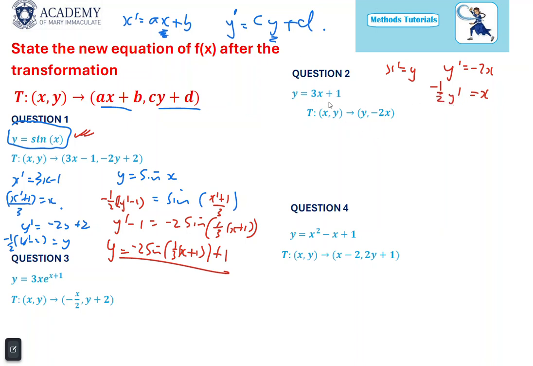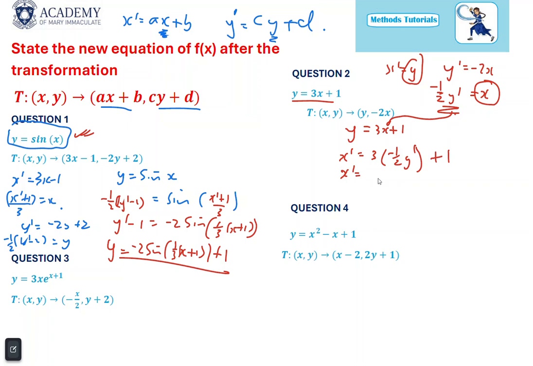Okay, so my y, I'm going to write x dash, and instead of x I'm going to write minus a half y dash, and then I've got plus 1, because x equals this, so wherever x is I'm going to write that instead. So x dash equals minus 3 on 2 y dash plus 1,